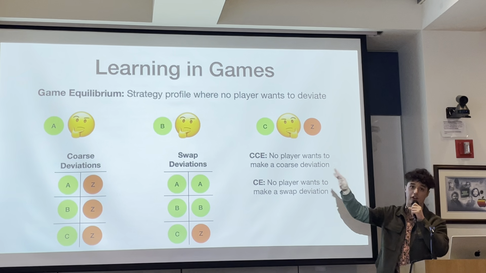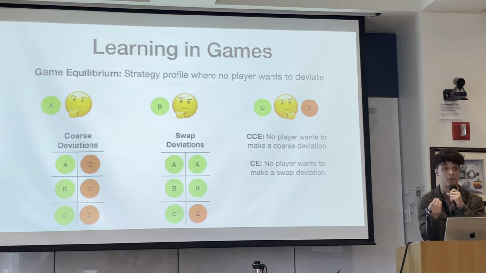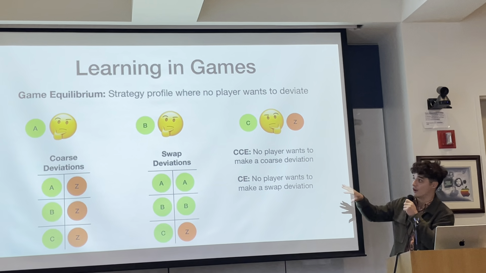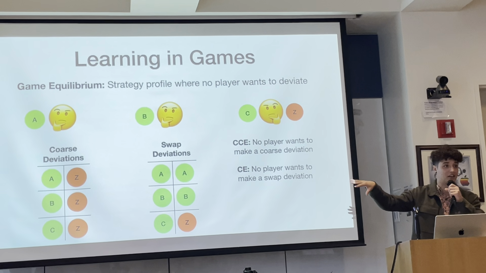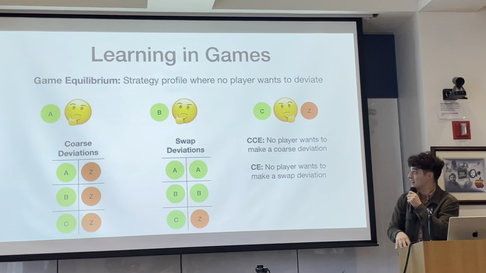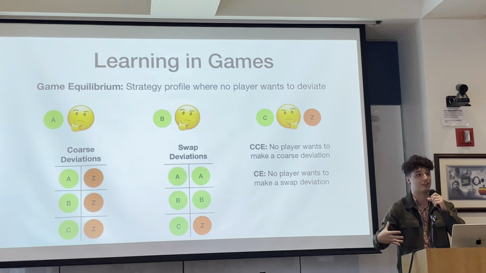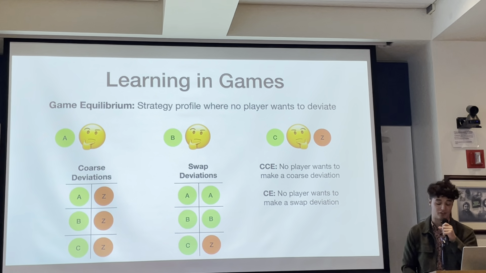I'm kind of brushing over this a little bit because the main topic of this talk is just swap regret. This is mostly just motivating swap regret, so I'm brushing over how I'm setting up this game. I'm happy to take it offline and explain the definitions in more depth. The point is, swap deviations are a much richer class of deviations. It's going to be much harder to convince a player to not do one of these swap deviations.